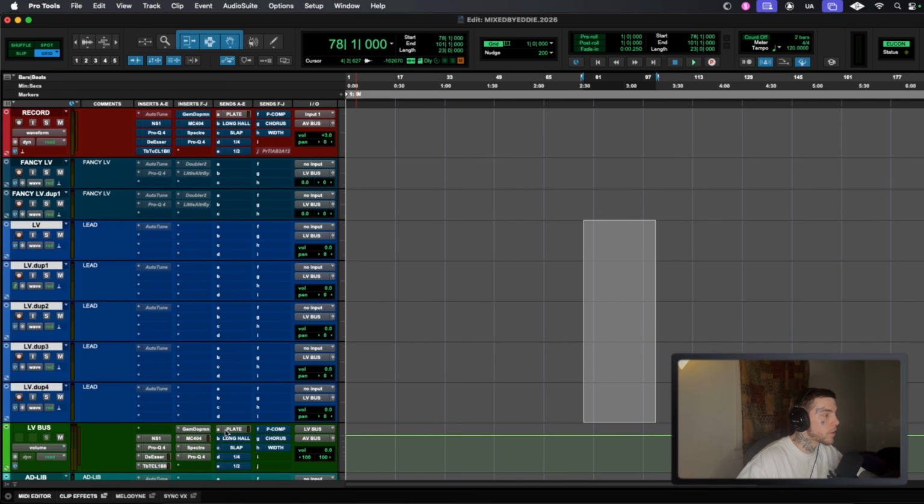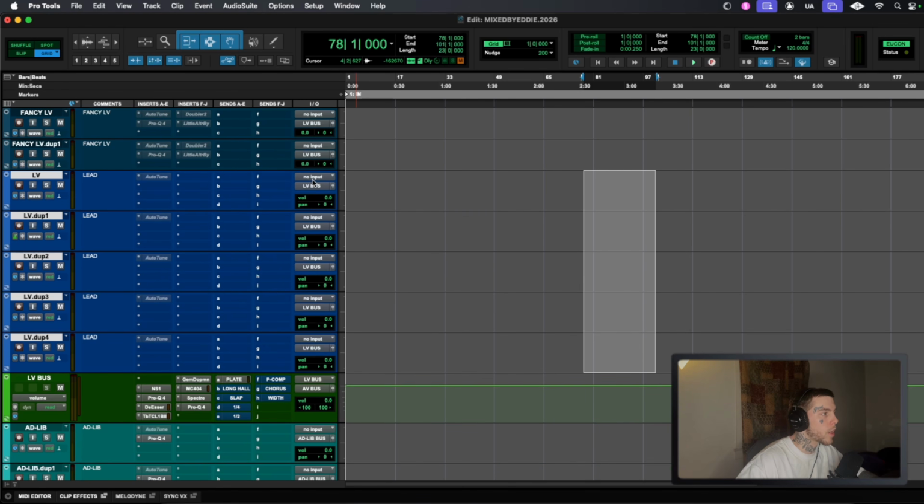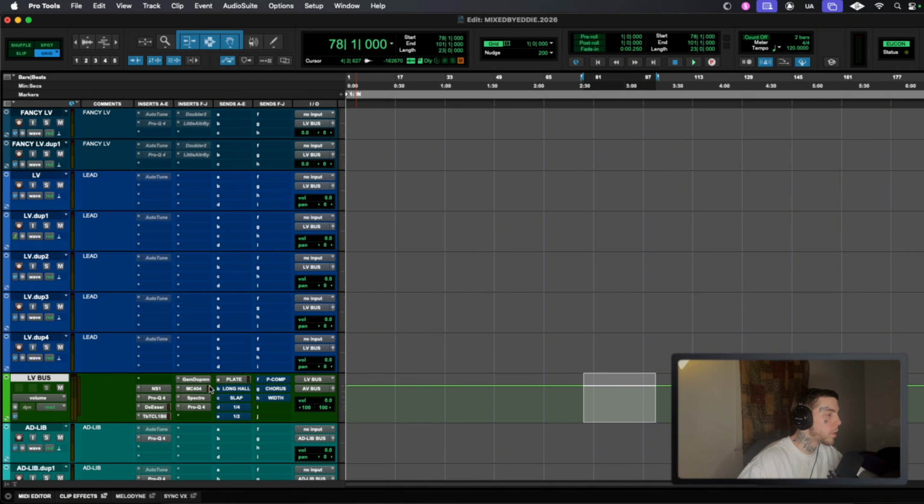Now, I don't want to process every single one of these tracks with the same plugins. It's going to take up a bunch of CPU space. It's going to eat it up. So what I do is I route all of these tracks in the output to the lead vocal bus. That's what LV is, lead vocal bus. Right here is my lead vocal bus. You can see it's right here. And then, like I said earlier, all the buses for all the vocals are routed to the all vocal bus,